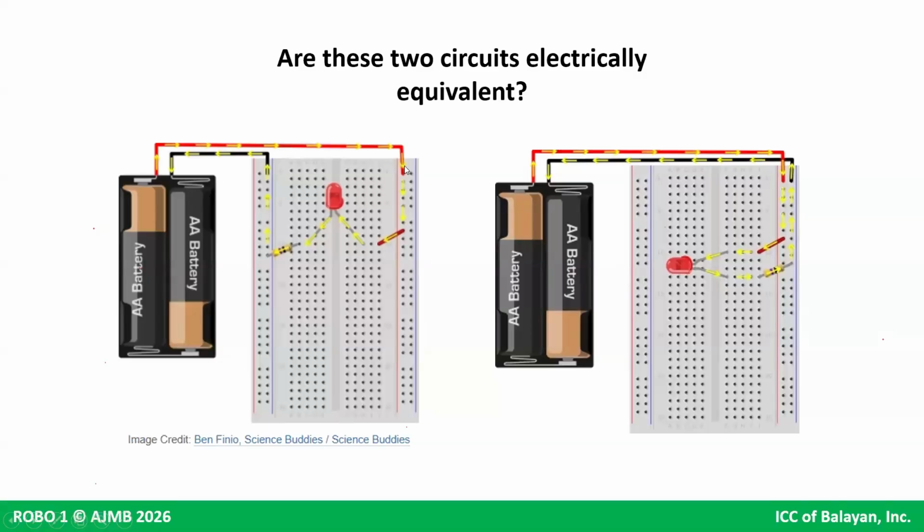lahat ng power rail, so magflow siya across here. Di ba? But then you have a jumper wire here. So your current moves from this to this. And then, di ba sabi natin, here in the terminal strips, it's connected by 5 across the row. So here across this row, you have current. You have electrons flowing, but then you have the lead of the LED here. So it flows through the LED and then goes down here and then there.